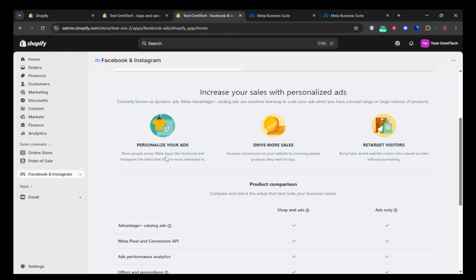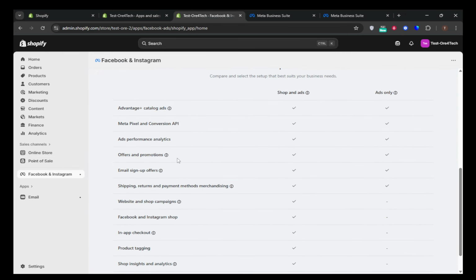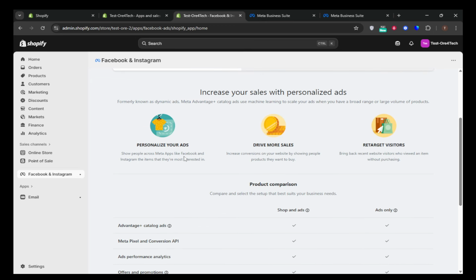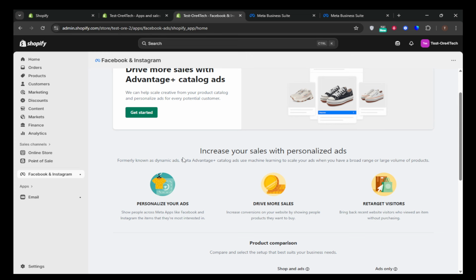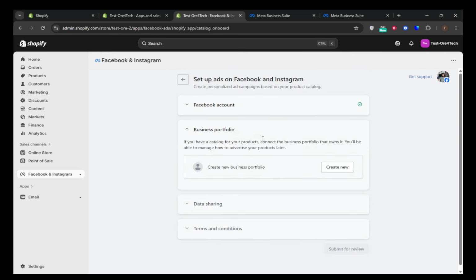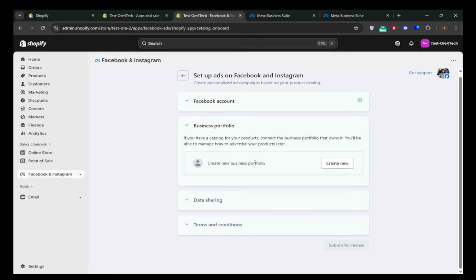Now let's check on the product catalog and its availability. Within Shopify, take a look at each product's sales channel availability. Verify that Facebook and Instagram is enabled. In addition, make sure that your product data, such as images, titles, and prices, meets Facebook's guidelines to prevent any rejection from their end. If you've checked all these things and there are still issues, it might be helpful to